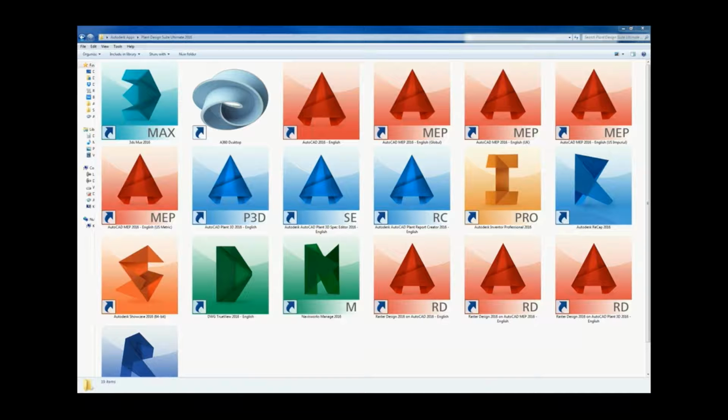What you see on the screen here is, like I said before, the Plant Design Suite Ultimate. We won't go into really too much detail about 3ds Max. AutoCAD is the base product, so it is obviously in all of the suites. We will be covering MEP. Again, it's a workflow, it's not necessarily on how to use it, but what we can do with MEP and Plant 3D